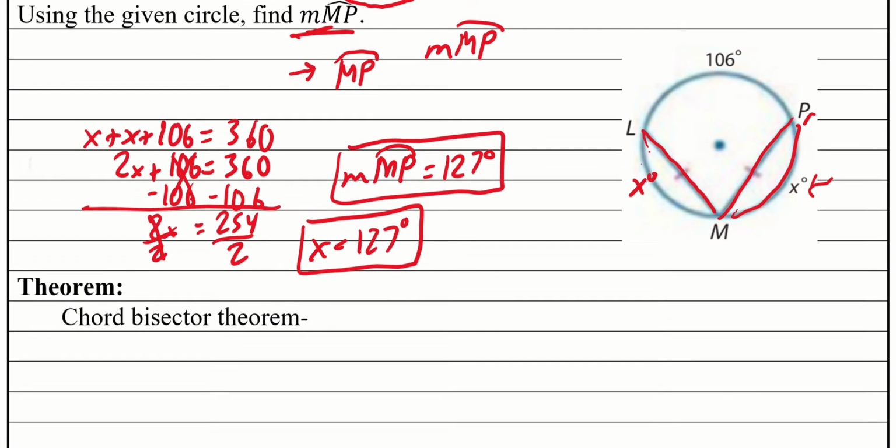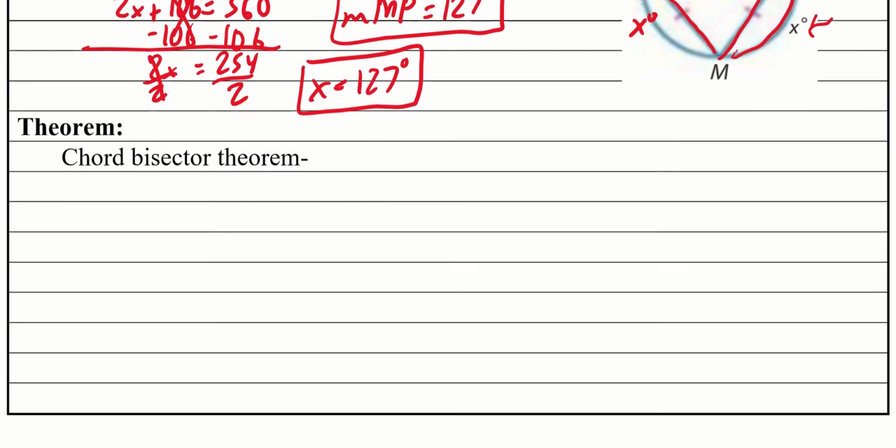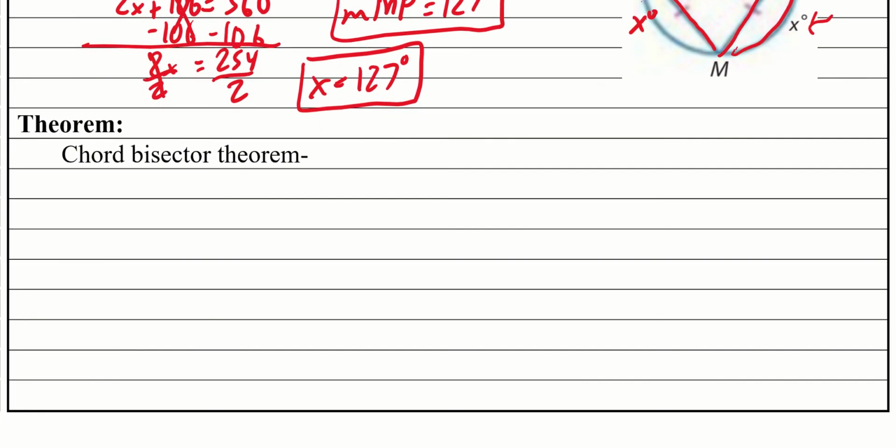Okay, another thing that we can talk about here, another theorem that we can use when we're looking at chords or lines inside a circle, is what we call the chord bisector theorem. This one's a little bit different. It says, if a diameter, or for that matter, a radius, because it's the same idea, if a diameter or radius is perpendicular to a chord,